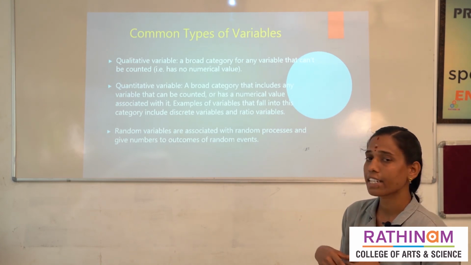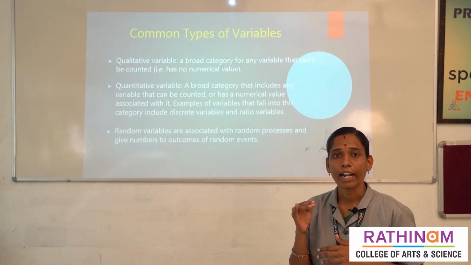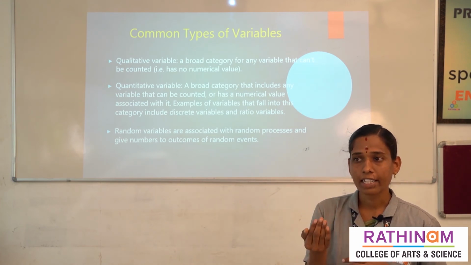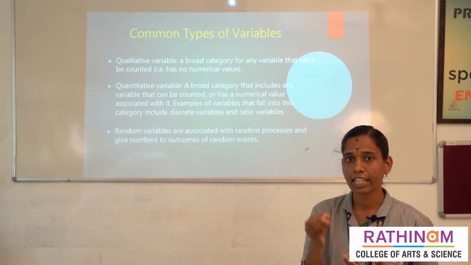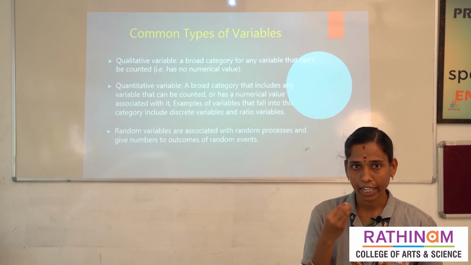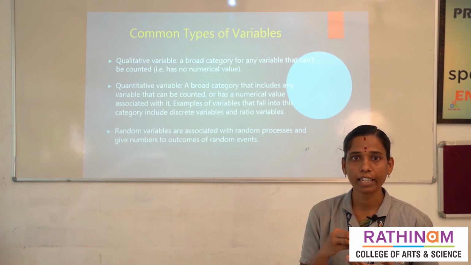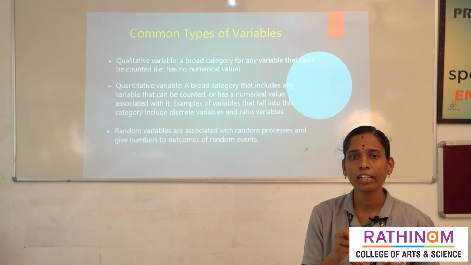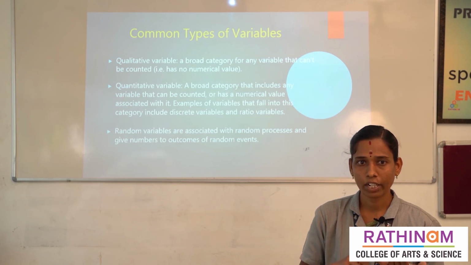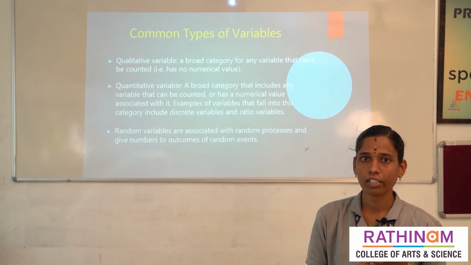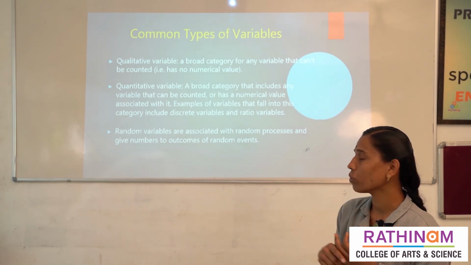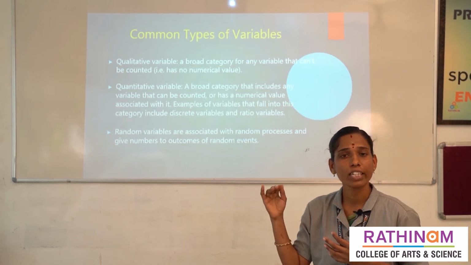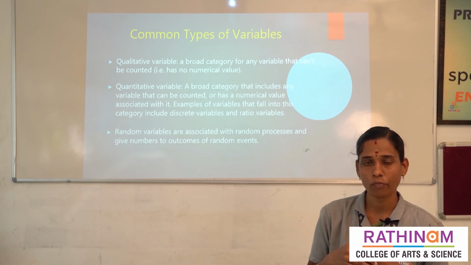And the next thing is random variable. For random variable we are considering n number of values, without any restriction. So without any restriction we are going to consider some variables. There is no restriction, no condition and no category. So without any conditions we are going to select a random variable. So these are all the main variables we are using in statistics.